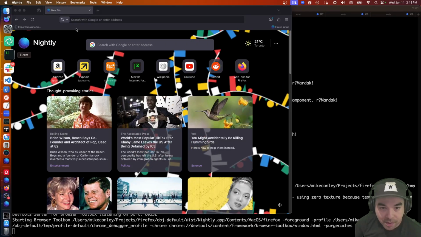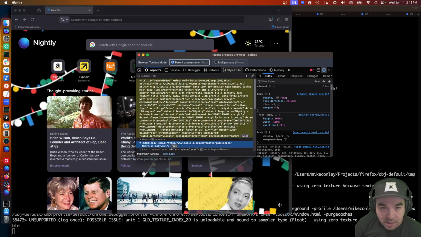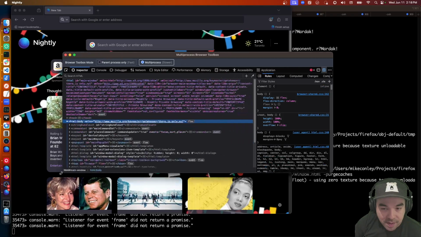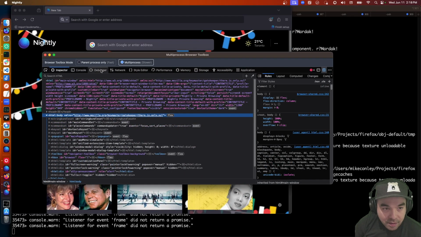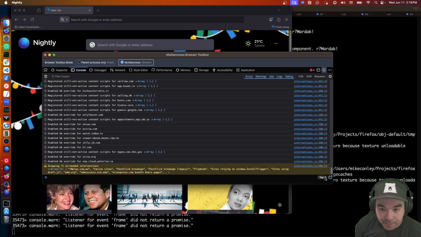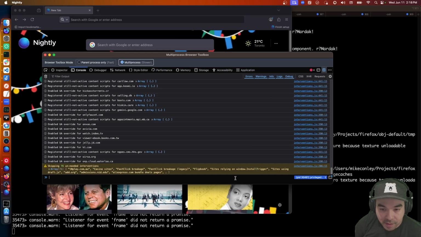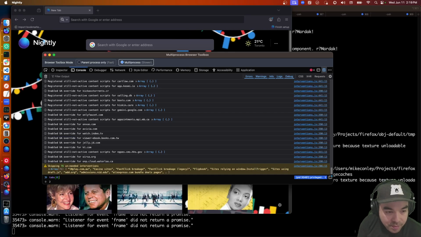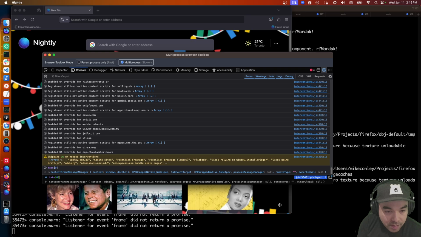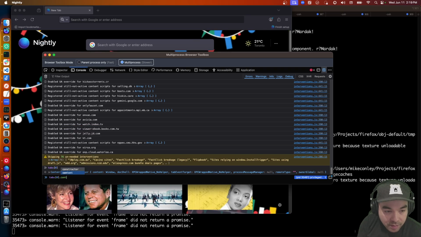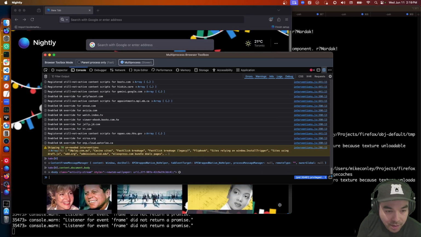Let's open up the browser toolbox. Let's do multi-process. Let's get into the content area. Top inside of the privileged about content process, tabs, 0. Content dot body, content document dot body.